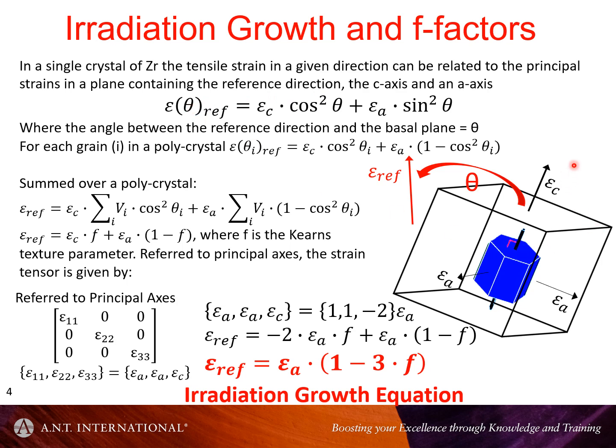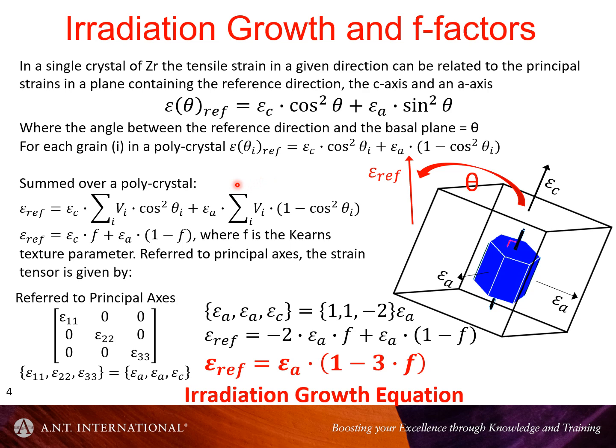Now, what I've done here is just simply chosen the c-axis and the a-axis all to be in the same plane as the reference direction. So what this means is that this other axis doesn't figure. It's perpendicular to the reference direction, and therefore we can just deal with these two tensor properties. So in so doing, we can relate, compute, if you like, the strain in the reference direction in terms of the cosines of the angles